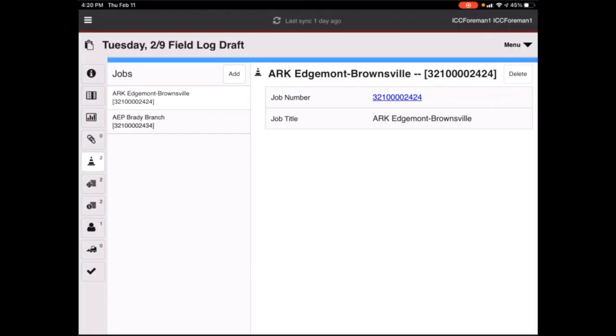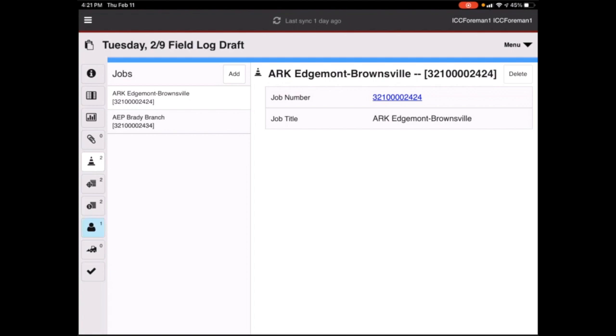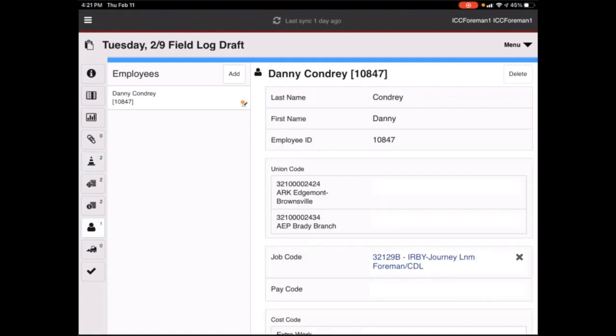In this video, we will look at adding employees to the field log. Down the left-hand side, touch the employee icon, and you can see Danny is already on the field log. To add more, touch the add button,